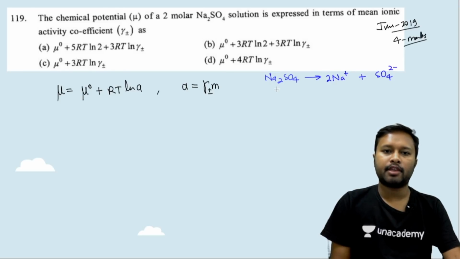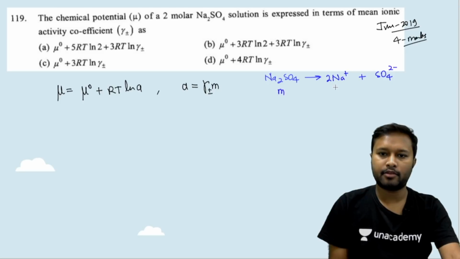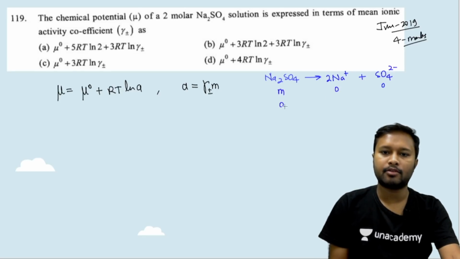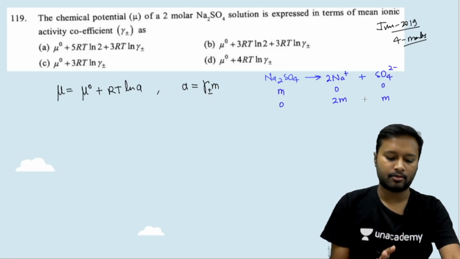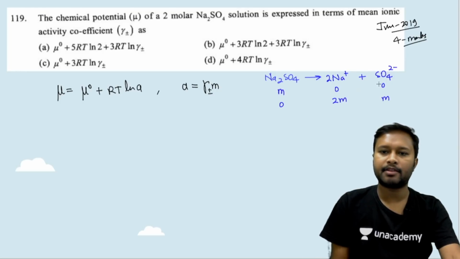So let's say I take m moles of this initially. At time 0, this is m moles and these two are not formed yet. After some time, when this has totally dissociated into these ions, this will be 0 moles remaining, and here you will have 2m moles of Na plus and m moles of SO4 2 minus formed. This is when total dissociation has happened in the solution. Now it is much clearer how the number of moles are dissociated. I have not put the values here, I will put them later. I'm just telling you the basic thing, how you are going to talk about the reaction.